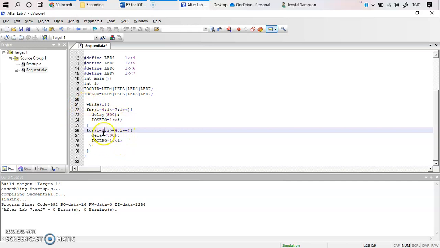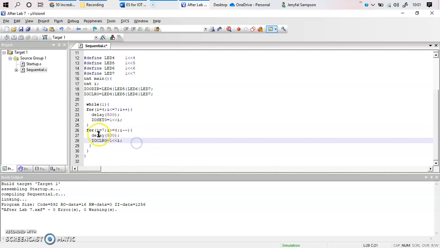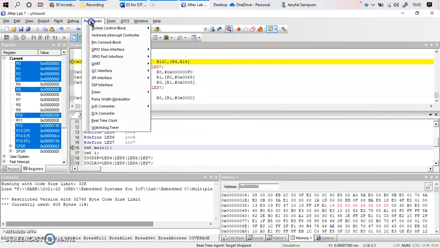So you can see that when this condition is satisfied, it will come back to this particular loop for setting all the bits, and after it is set, it will come to this particular loop over here for resetting all the values. So these are the two loops happening over here, and this loop is now explaining how the 7, 6, 5, 4 LEDs are going to be turned off in that particular order. So we will now be executing this. You can try it for multiple LEDs also, for more than 5 LEDs and so on.